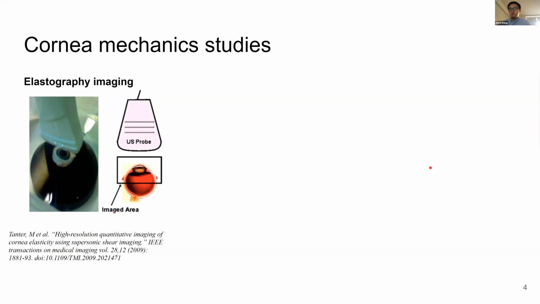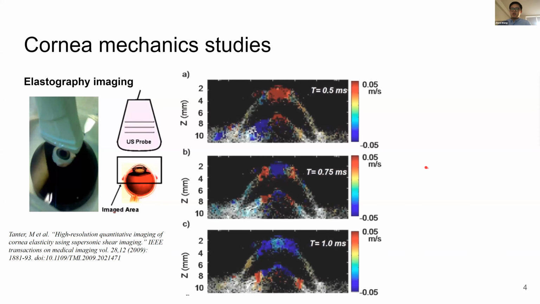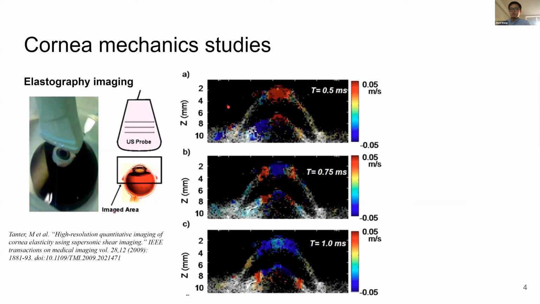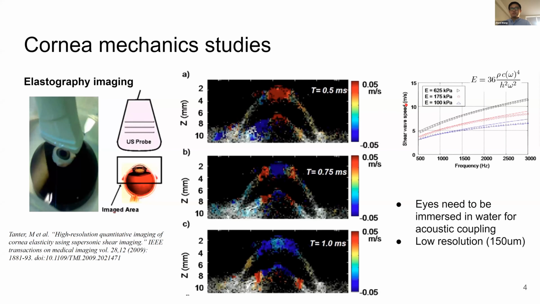The ultrasonic probe can capture the excited wave propagation in the cornea and also detect the wave speed. The wave speed can be used to infer the Young's modulus through a simple mechanics model. So this method is non-destructive, but it